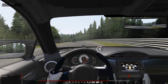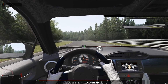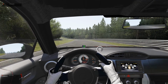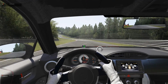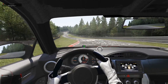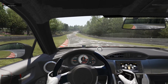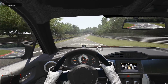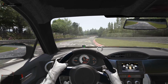This is another setup, a very quick section through here. Setting up with the middle of the track, you're going to be aiming for this inside edge. This is one where you get fully on the throttle, and you're going to lift to settle the car, and then turn in so that you just kiss the inside edge of the S into Flugplatz. Off to the left-hand side, let the car drift to the right. Now your combination is right hand, kiss the apex here, left hand down here, and this is where you have